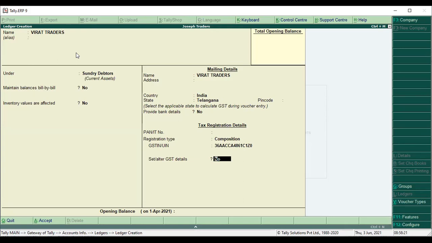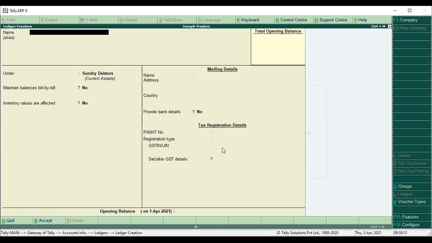Party name is Virat Traders. He is in the same state, Telangana, and his registration type is composition, not regular, not customer, not consumer. Type the sample GST number, which you can get from Google. Then enter, accept yes or no, yes.